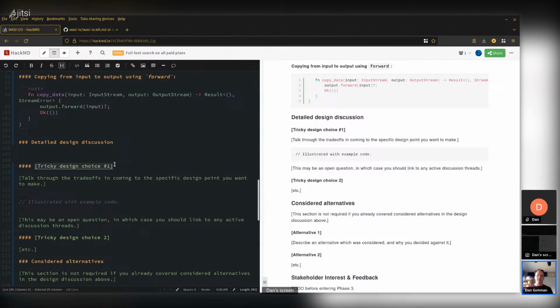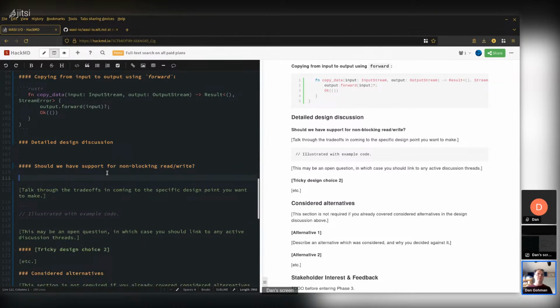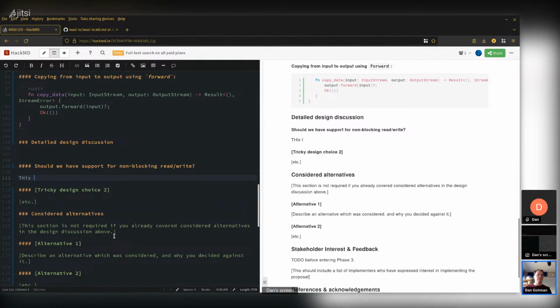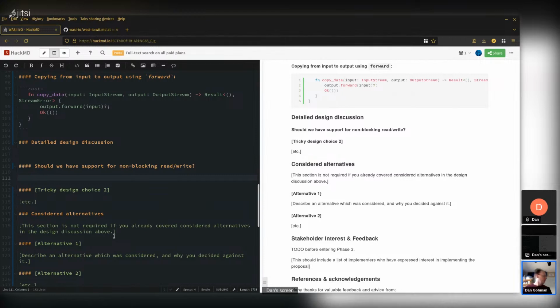Design choice 1. So actually, there's more going on here than just this.